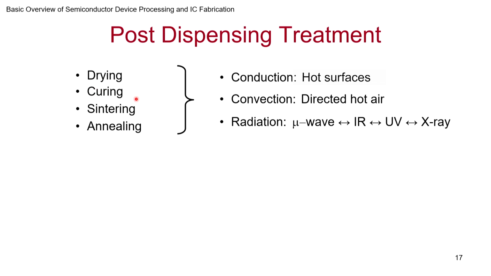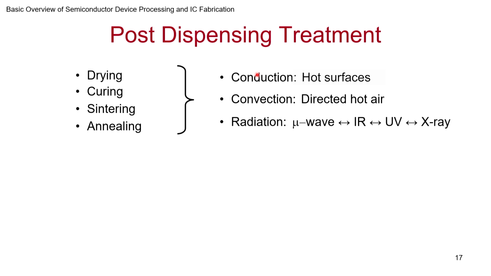Now, many of these processes require temperature. If temperature is the thing, how do you handle that? Because you have sheets in which the films are formed, you can heat the surface with conduction, where the web itself goes over a drum which can be heated up. So that's one way. Convection is where hot air can be directed to it so as to heat it up. Then, of course, the modern methods, which are more surgical in a sense, you can have radiation.